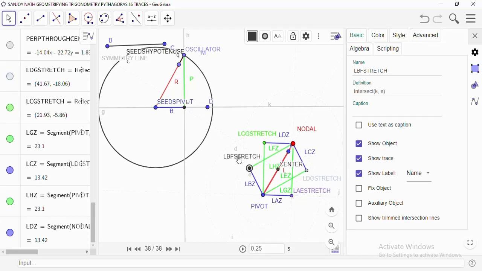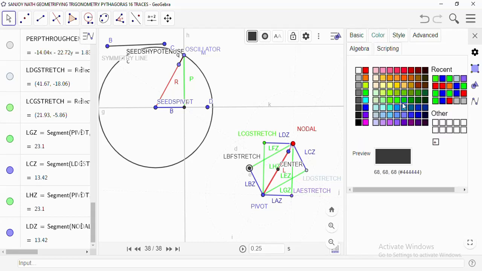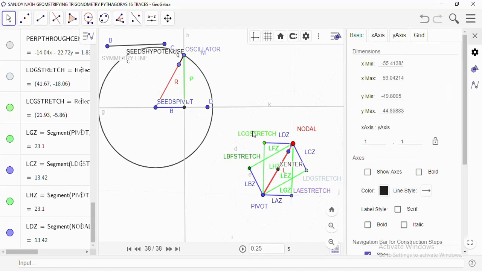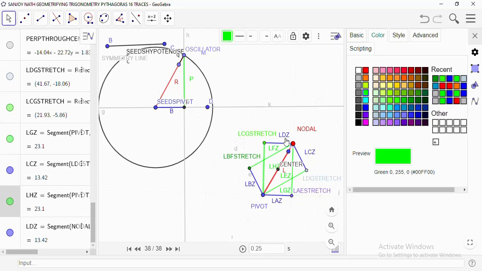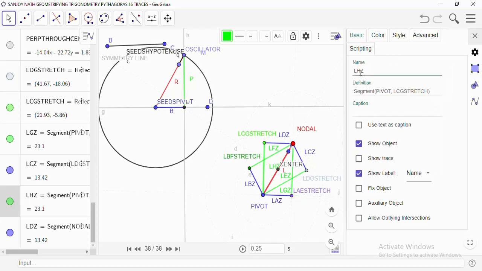LBF stretch, and I should change its color so that in tracing I can see its behavior. LBF stretch, this one is with LD and LH are cutting here, so its name should be LDH, DH stretch, and it is the stretch point because stretch